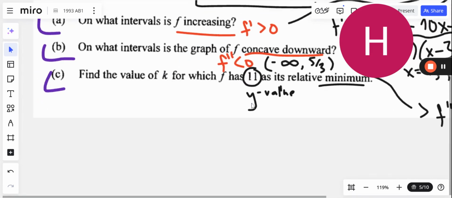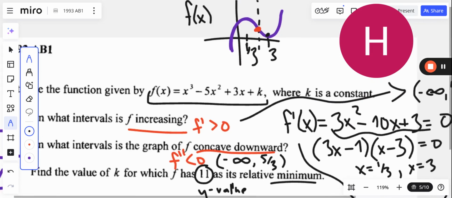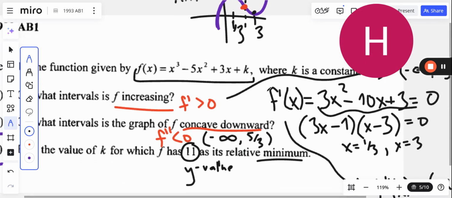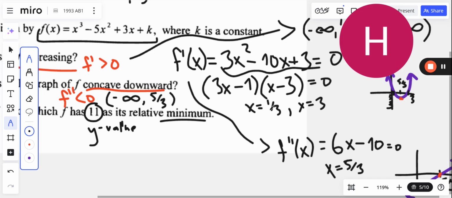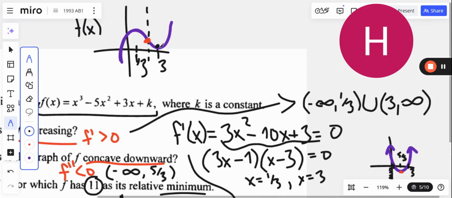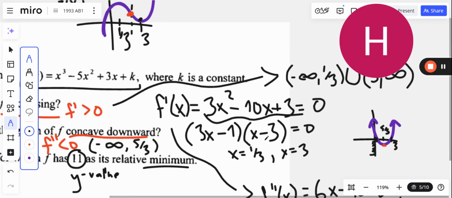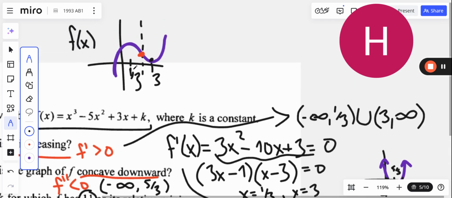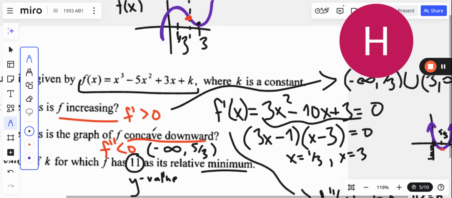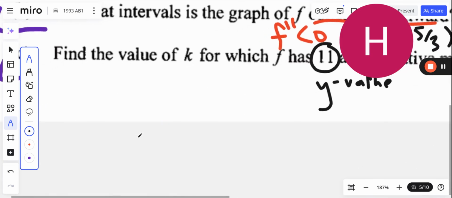Okay, so this is the y value at the relative minimum. What x value is the relative minimum? It's 3, right? We had 2 spots with the critical points, 1/3 and 3, but we know because of the shape of the graph, or if you throw it on a sign chart, you can see that this 1/3 is going to have a maximum at that x value, and this 3 is going to have a minimum at that x value. So let's plug in